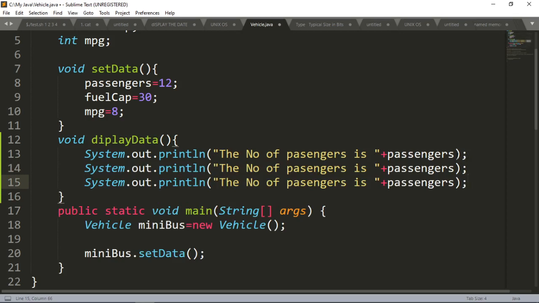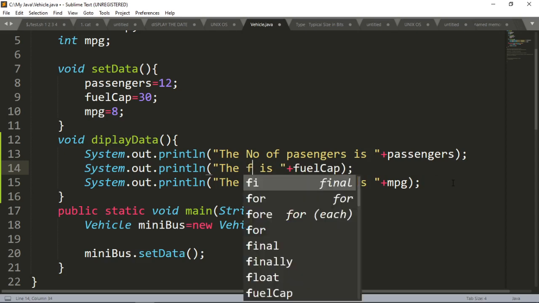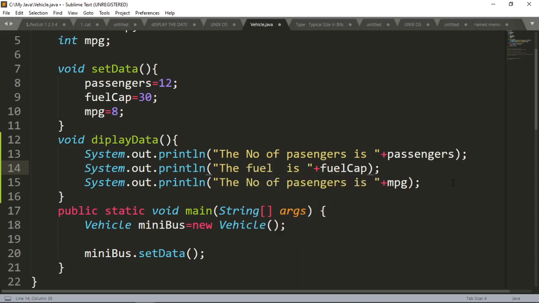After that, you can remove the passengers here and write fuel capacity, and here you can write MPG. The fuel capacity is what I have already written.